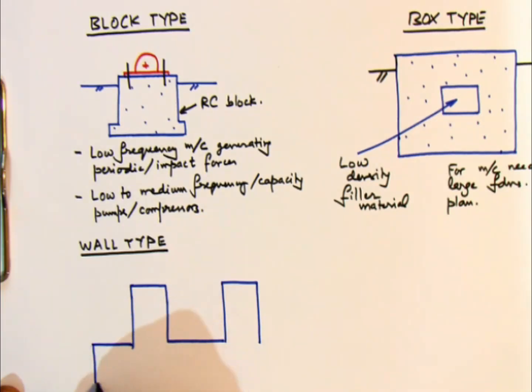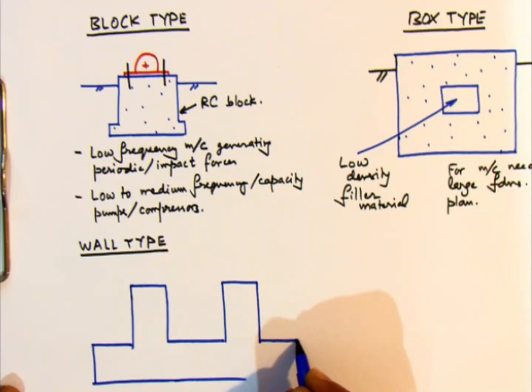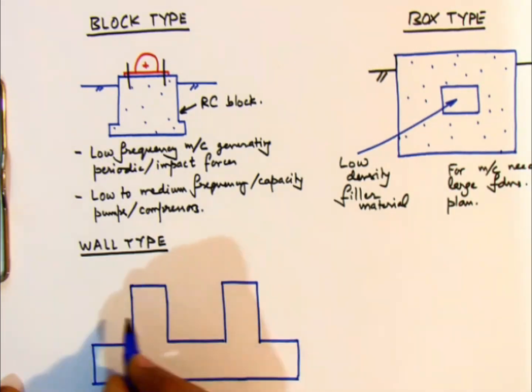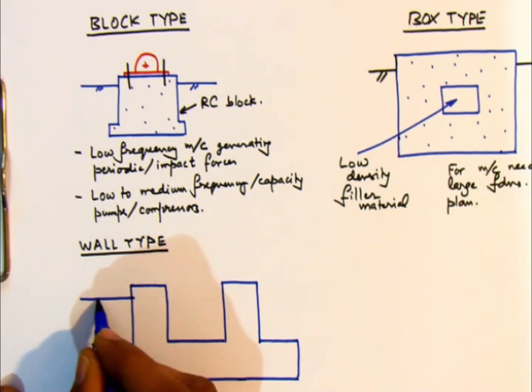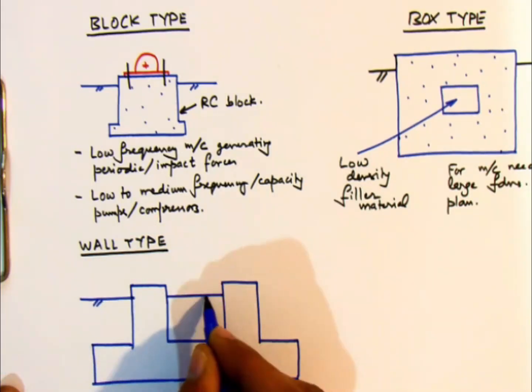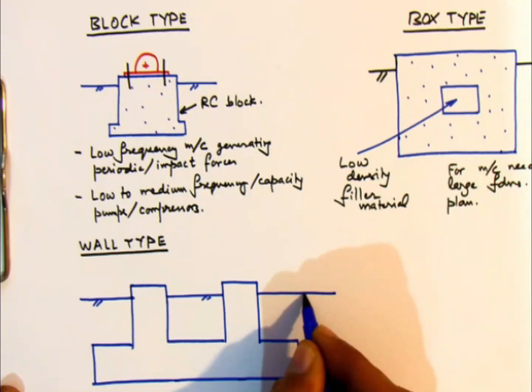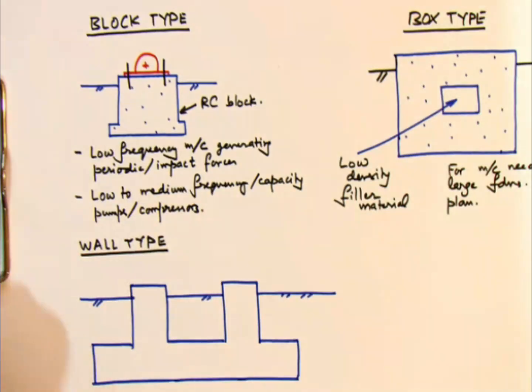So cross section wise we may find them like this, that there is a base raft, and from the base raft, which is concrete, there stem up two monolithic walls. Walls could be more also depending on the machine,